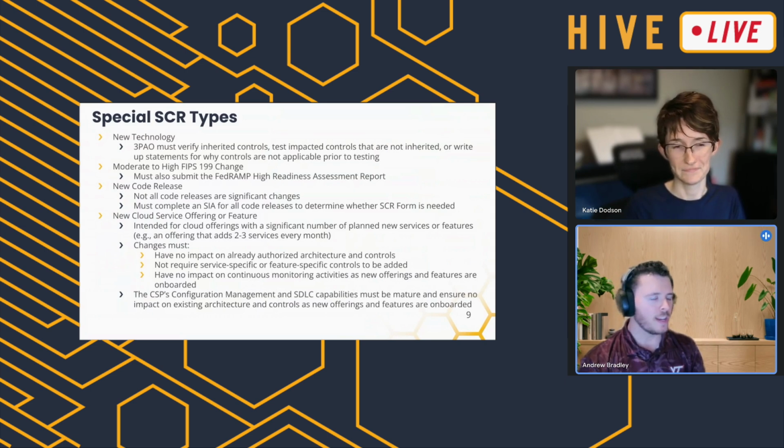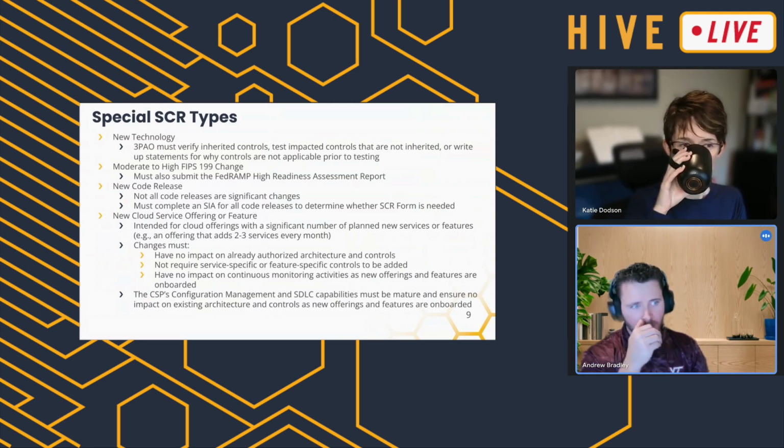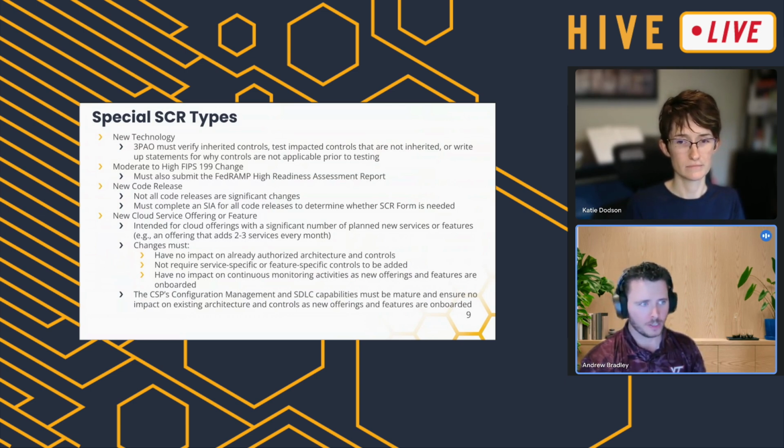Yeah, sure. So new technology, basically if you guys are deploying a new third-party service or a piece of COTS software or tooling, the 3POW is going to have to verify this, specifically the inherited control set, and verify that you've essentially accounted for all of your responsibilities within any CIS or CRM that the cloud service provider you're leveraging has maintained. So in the case of a third-party cloud service offering that you intend to leverage for your